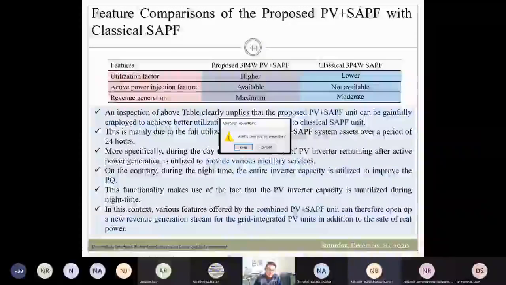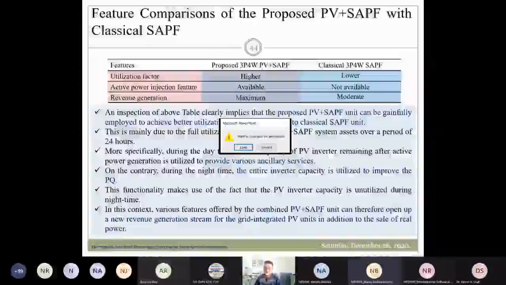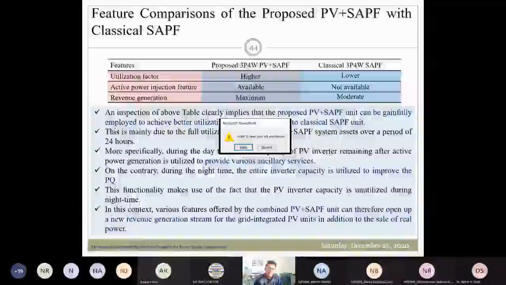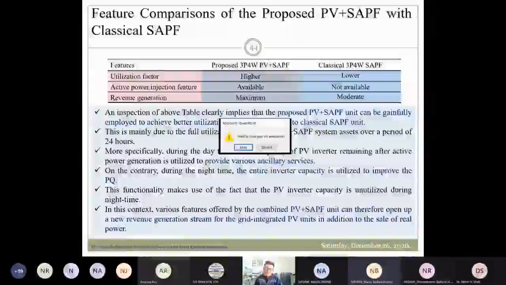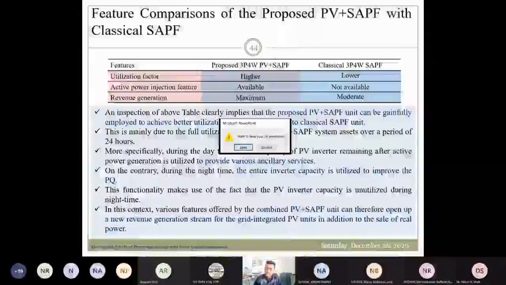But how can you decide the frequency in case of hysteresis current control, sir? Generally, in case of a hysteresis current controller, you decide the band, and based on this band, you can calculate the frequency. Is there any literature or formula available, sir? Yes, ready-made formulas are available. You can use those formulas to calculate the frequency. You can refer to the literature of Professor Mahesh Mishra from IIT Madras. You'll get these formulas.